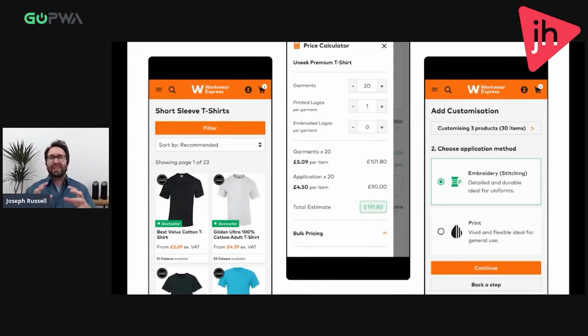Another recent store packs in pretty much everything we've ever learned about implementing a PWA. Workwear Express really raises the standard for UX far above what you may have seen in standard PWA demos. And the headless architecture that we use here has enabled us to achieve bespoke pieces of journey and interactivity. So, this is a B2B site, people buying in bulk. So there are rich product customizers and order calculators. And we've been able to make them succeed on any device, not just on desktop, as it was with their